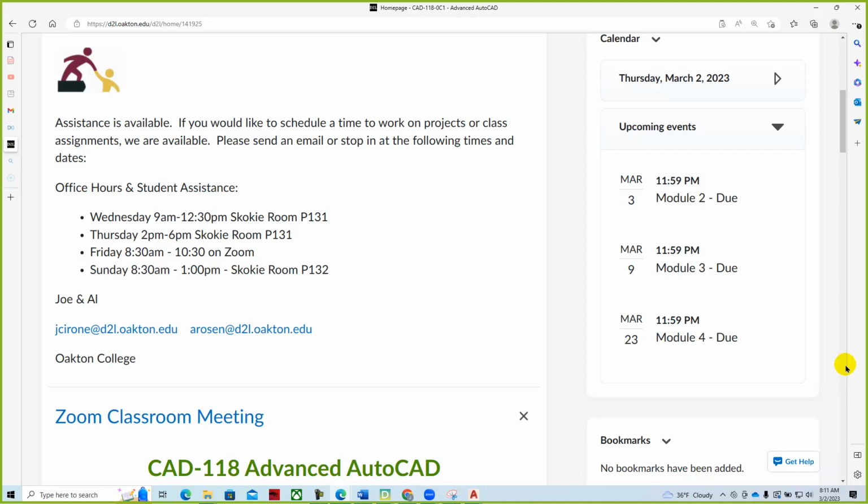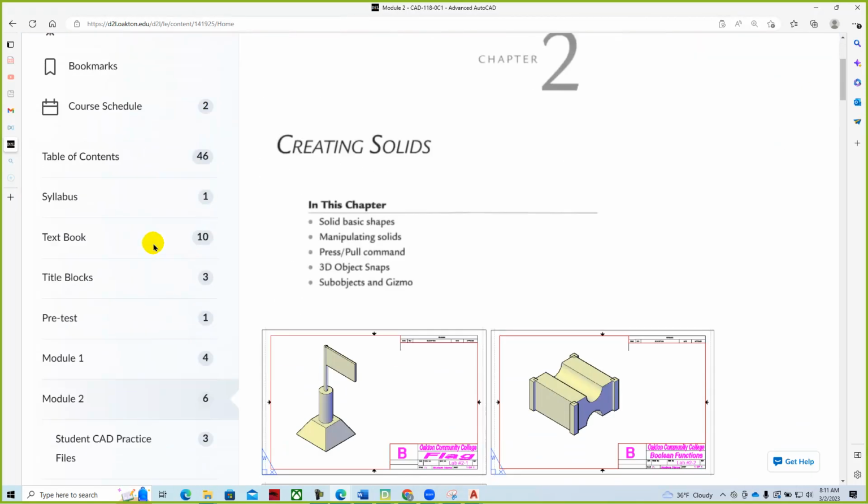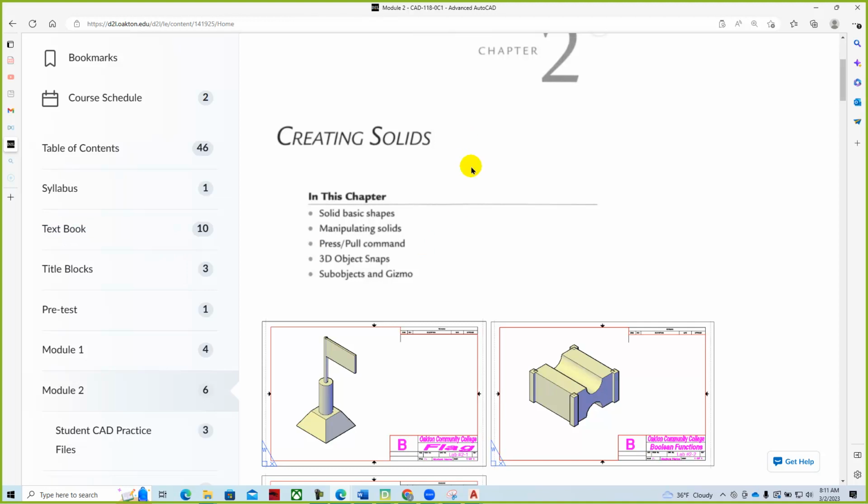Okay, great, thanks. As we look at the advanced AutoCAD, things are moving along. We've got Module 2, which is due tomorrow. Module 2 is located in the content section here. Creating solids, and we're going off of the textbook applications where solid modeling is a little bit different within AutoCAD. It's not like a parametric modeling software where you have a history tree that you go through. They do more what they call solid editing and sub-object editing,